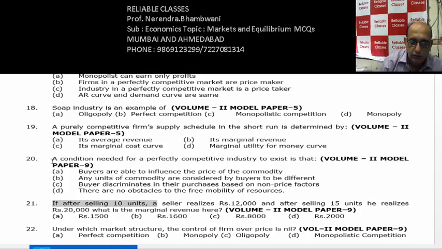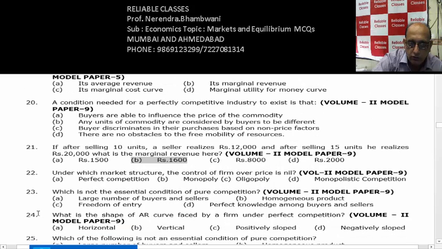After selling 10 units, the seller realizes 12,000, and after selling 15 units, he realizes 20,000. What is the marginal revenue? Now, he has sold 5 units more. Here he is selling 10 and then he is selling 15. And he realizes 12,000 at 10 units and 20,000 at 15 units. So, an extra 8,000 is for 5 units. How much money is for 5 units? 8,000. So how much will it be for 1 unit? 1,600,